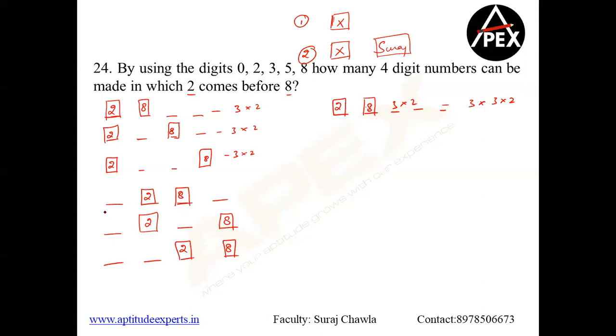Okay. Now what will happen? 0 also cannot come here. If 0 cannot come here, 2 and 8 are gone. 2 digits and one more digit is gone. So 3 digits are gone. That means I can do this in 2 into 2 ways. So this will be 4 ways. This will also be 4 ways. This can be done in 2 into 2 ways. And this will also be 2 into 2, that is 4 ways.